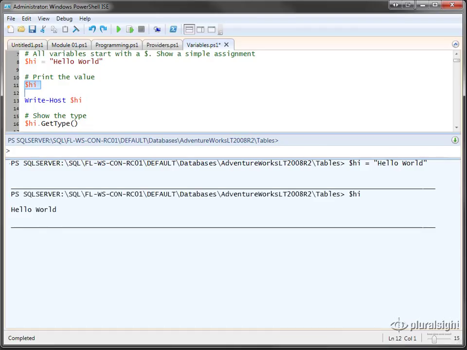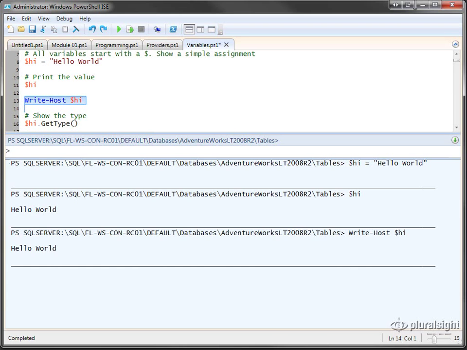Now this is really just a little syntactic sugar. What PowerShell understands is that you actually meant to write this variable out to the host, so it shortcuts it by automatically filling in the Write-Host command for us. I could have actually just called the Write-Host cmdlet and passed in the name of the variable, and I get the same results. It's important to understand that all variables within PowerShell, indeed pretty much everything in PowerShell, is